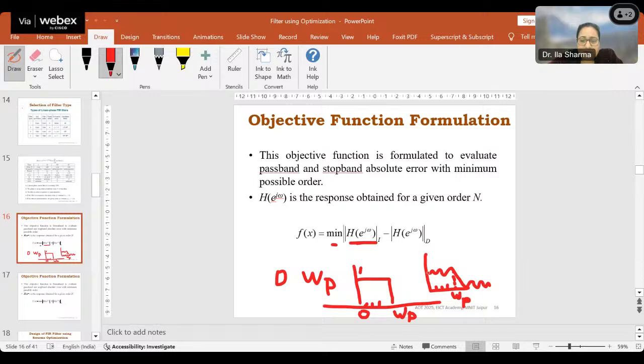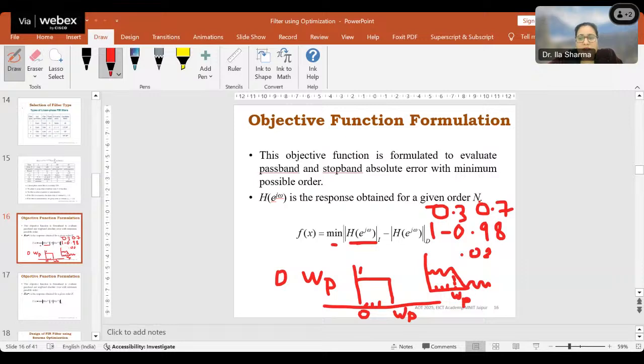If the value is 0.98, the difference is 1 minus 0.98. What will be the difference? Anyone? 0.02. Let's suppose I have designed one technique which has a magnitude response of 0.7. What will be the difference? 0.3.